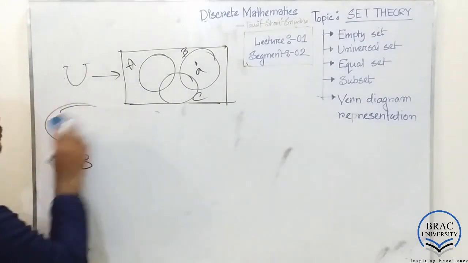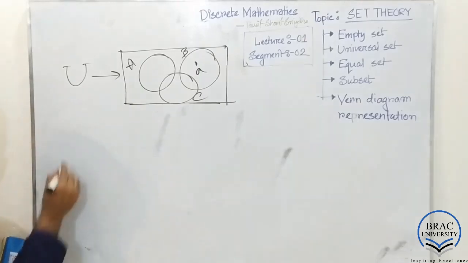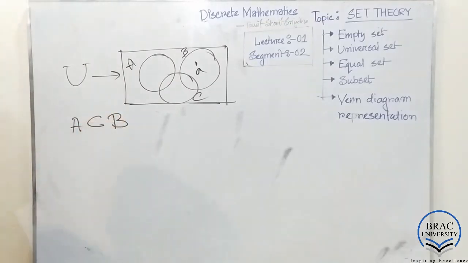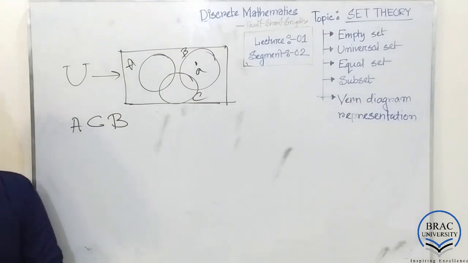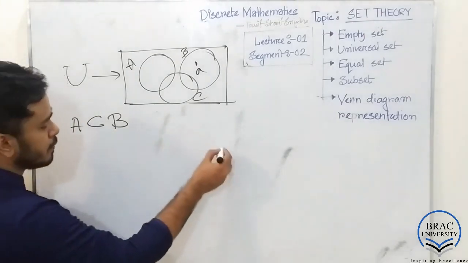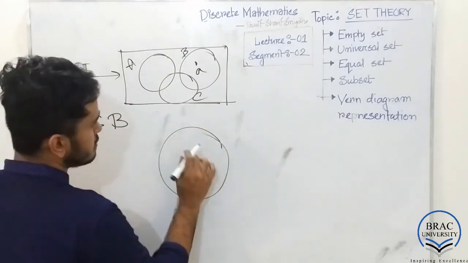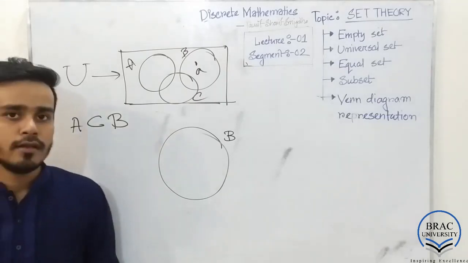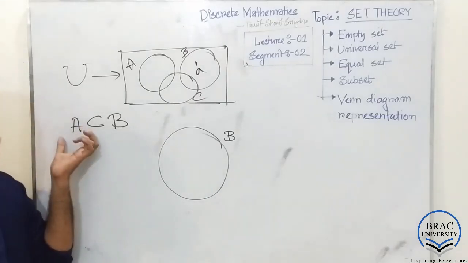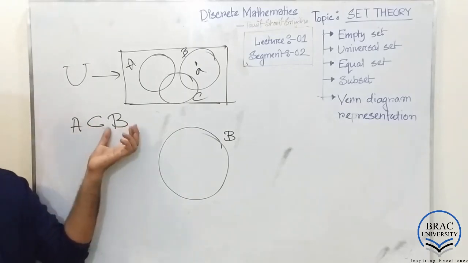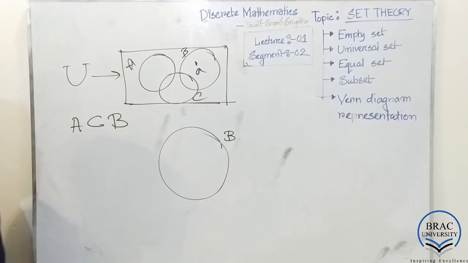Okay, let me ask you something. If it is declared that A is a subset of B, right? Then what will be the Venn diagram representation for these two sets? For example, this circle refers to set B. And as we know, A is a set that is a subset of B. So all of the elements of A belong to set B, right? So